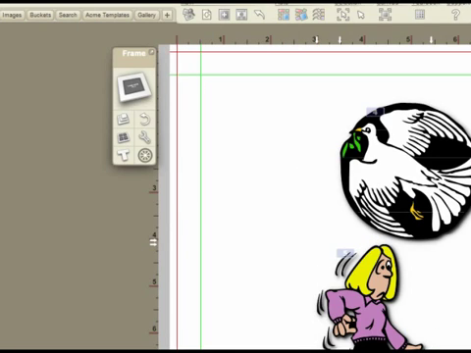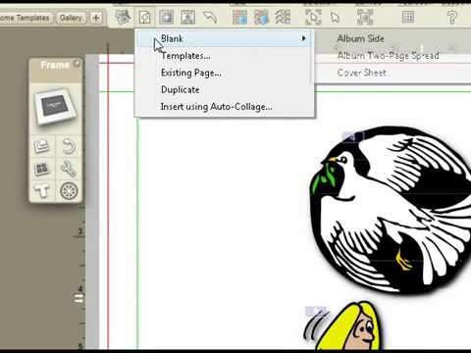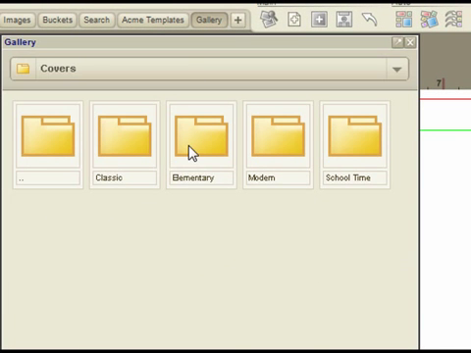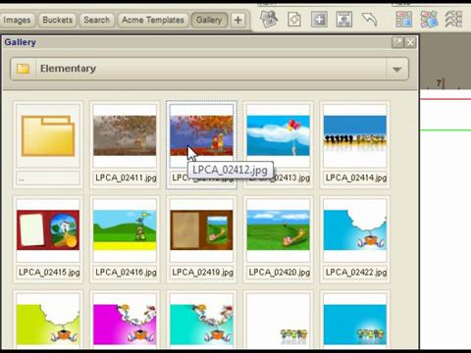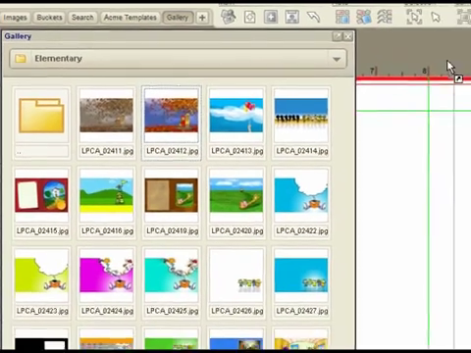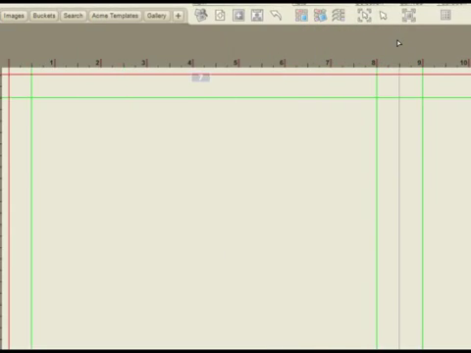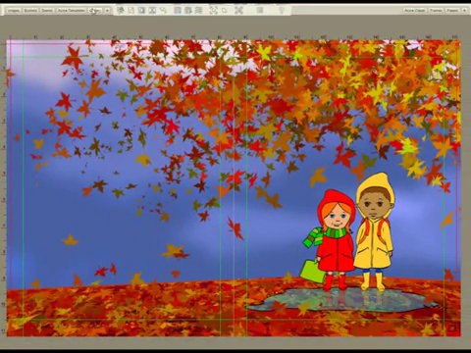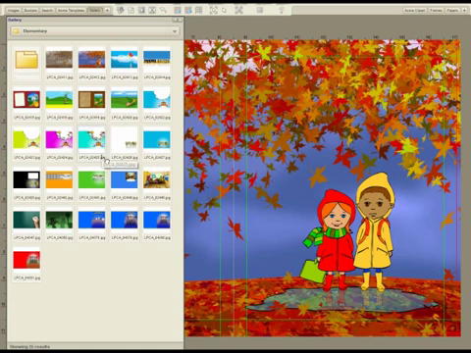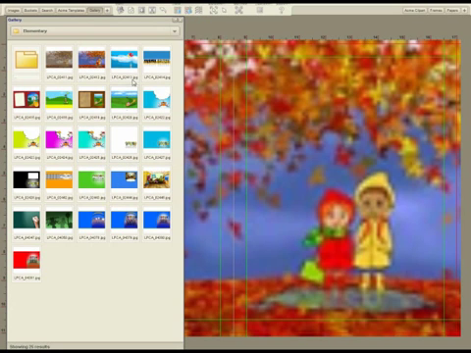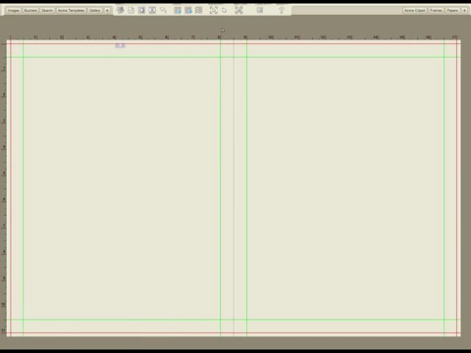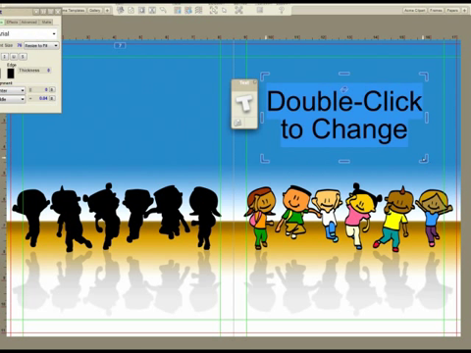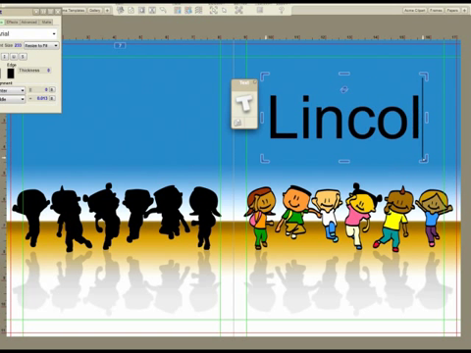Of course, they need to be applied to a cover page, and so I'll create a new blank cover sheet, and then back in the gallery I'll choose, let's say in the elementary section, let's go with this one. I'll just drag it and drop it to the outside, and it will be downloaded and applied to the background of the entire page. And if you want to try a different one out, let's go with this one, drag and drop it, and it will be applied as the background. And then you're free to add, for example, the school name like this,